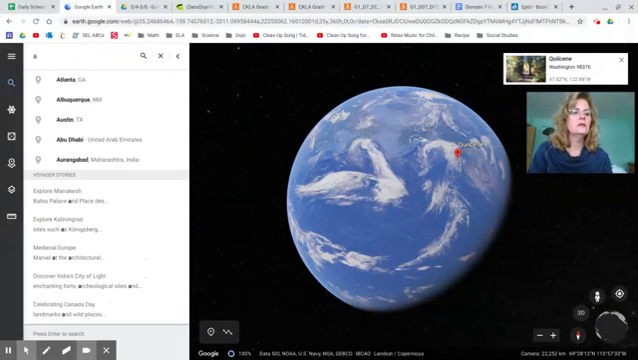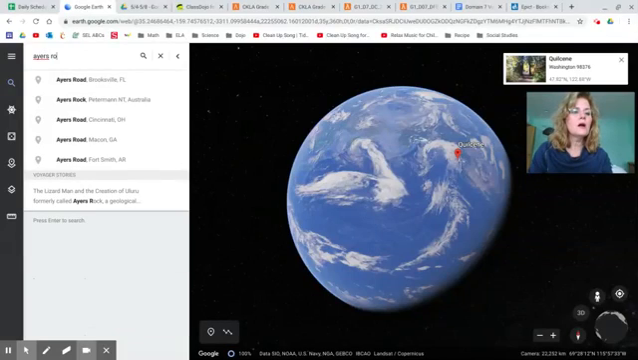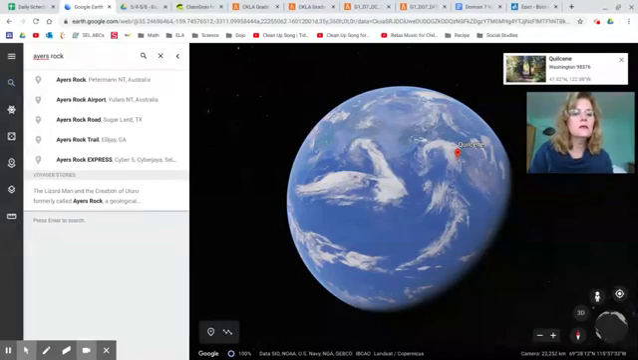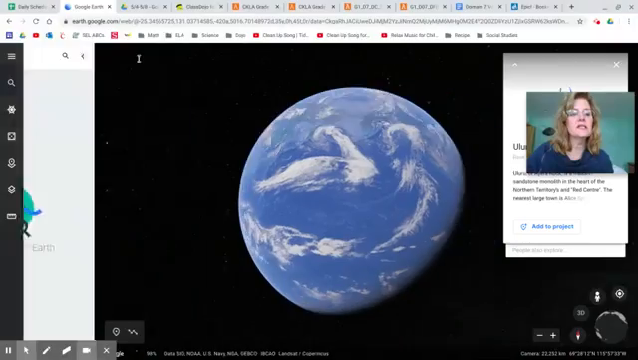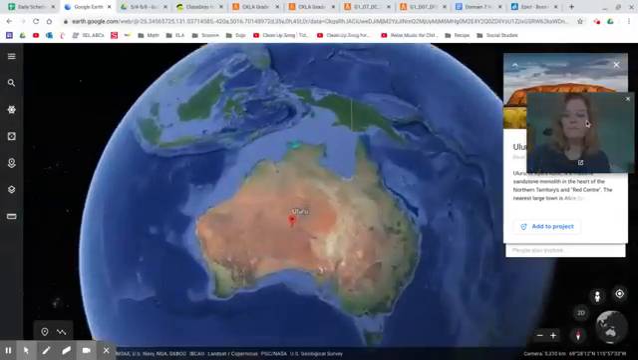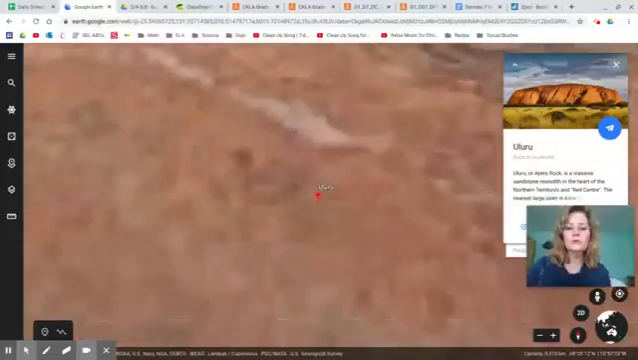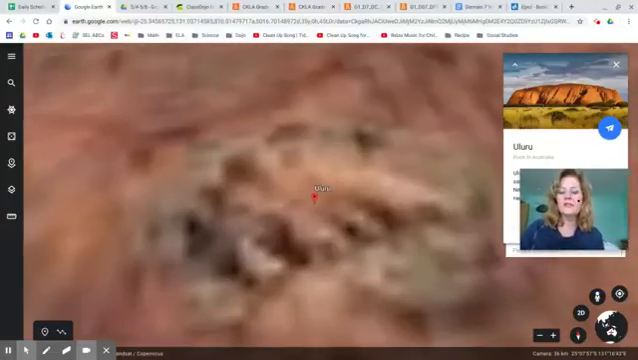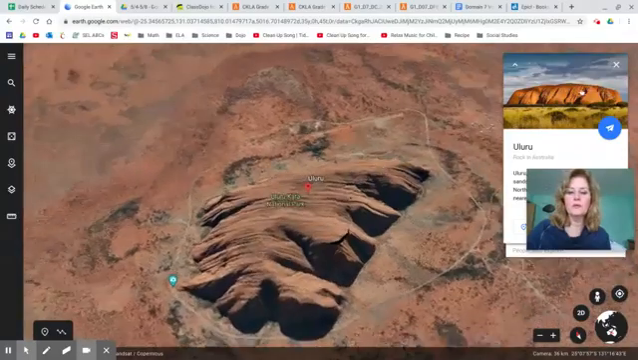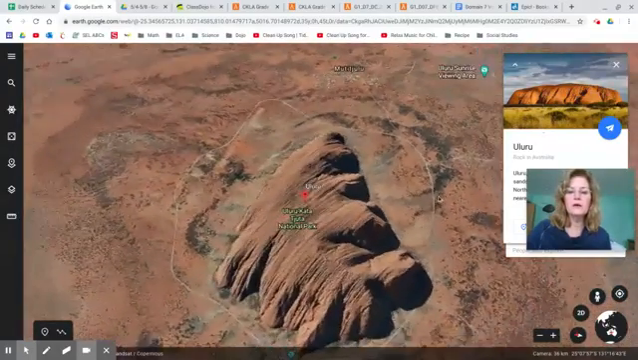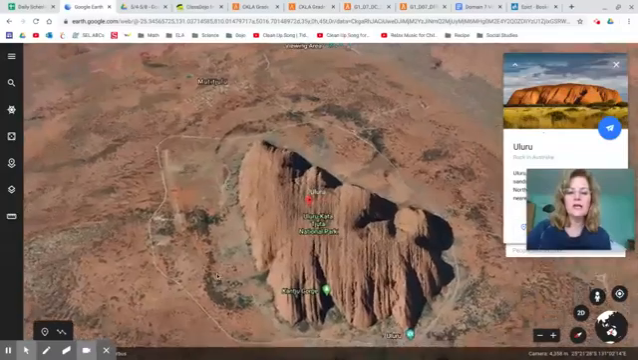Ayers Rock. Australia, Ayers Rock Airport. There we go. Let's see if this is it. Here we go. Uluru. Oh, that's a much better picture of it. This one right up here. Oh, yes. So can you guys see